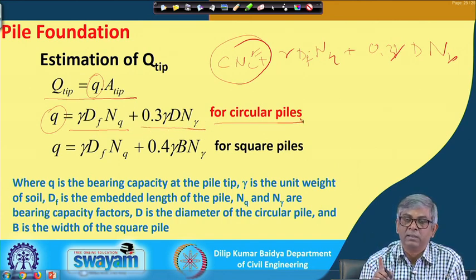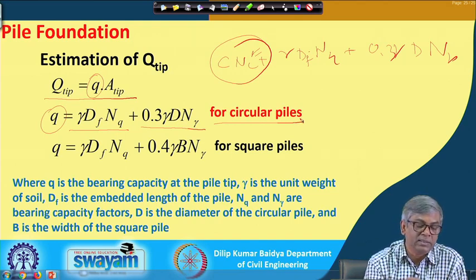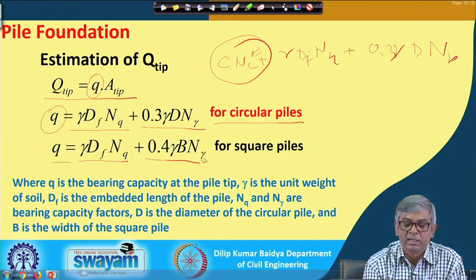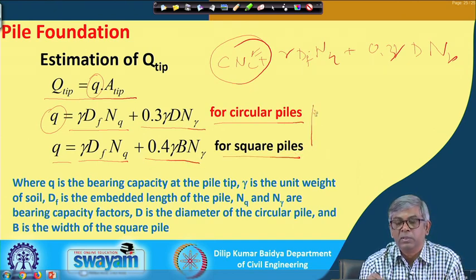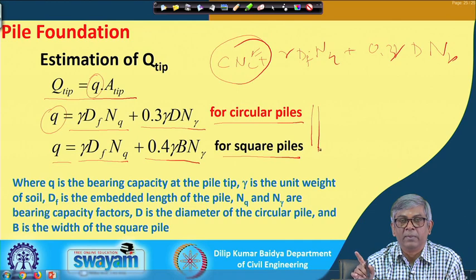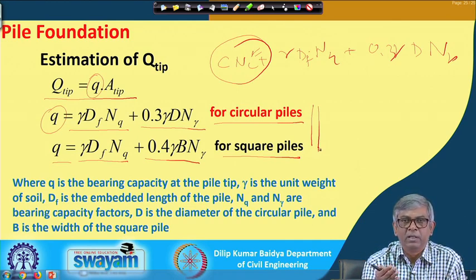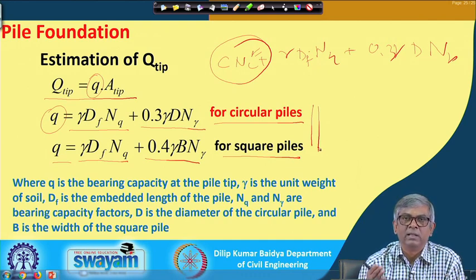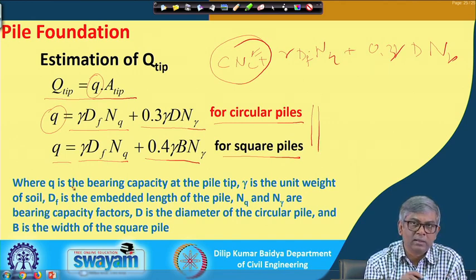pile. You have learned this in the bearing capacity of soil for shallow foundation. Similarly, Q equals gamma Df Nq plus 0.4 gamma b N gamma for a square pile. This is also what we have learned in shallow foundation bearing capacity. So, principally they are the same, and there are a lot of theories available for bearing capacity estimation of piles, but we will not go into detail. I will discuss the final recommendation which will be useful for you. And here I will give you whatever notation is used.